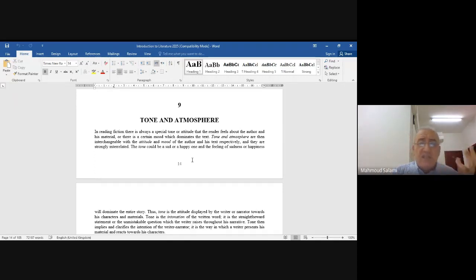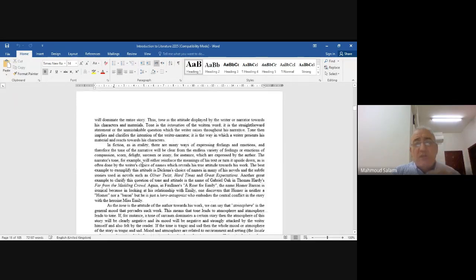The tone, again, you say, is the attitude displayed by the writer or narrator towards his characters and materials, etc. Again, you say the tone is the intonation of the written word. Again, it's the straightforward statement or the unmistakable question which the writer raises really throughout his narrative. Tone, again,